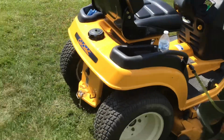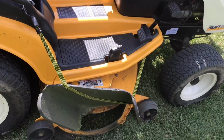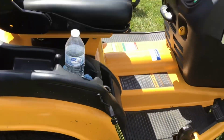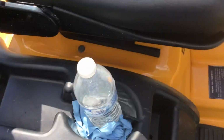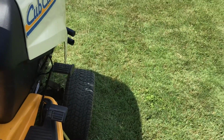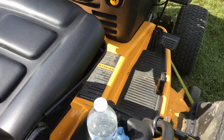I mean, comment down below if you think it's cool or not, but I think that'd be something neat. Obviously, it would add to the cost. It would kind of be similar to just a newer Cub Cadet with the electric lift. Really is what it would be. But I think that would be cool. Other than that,